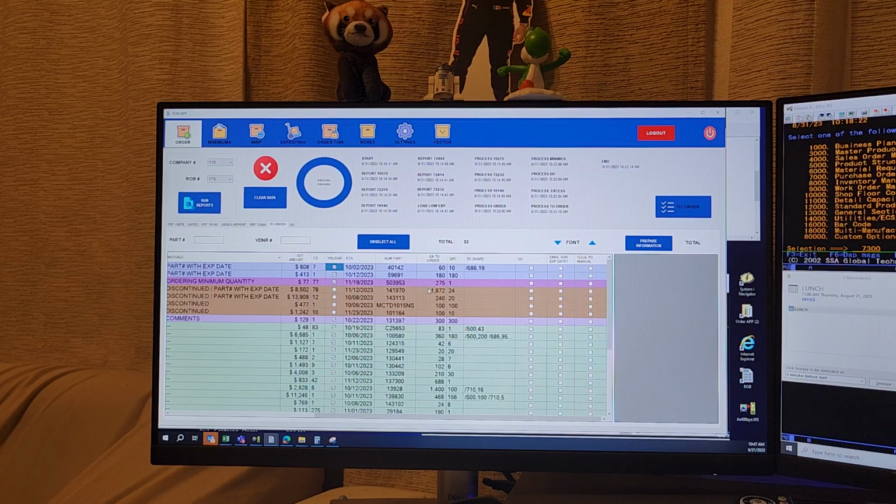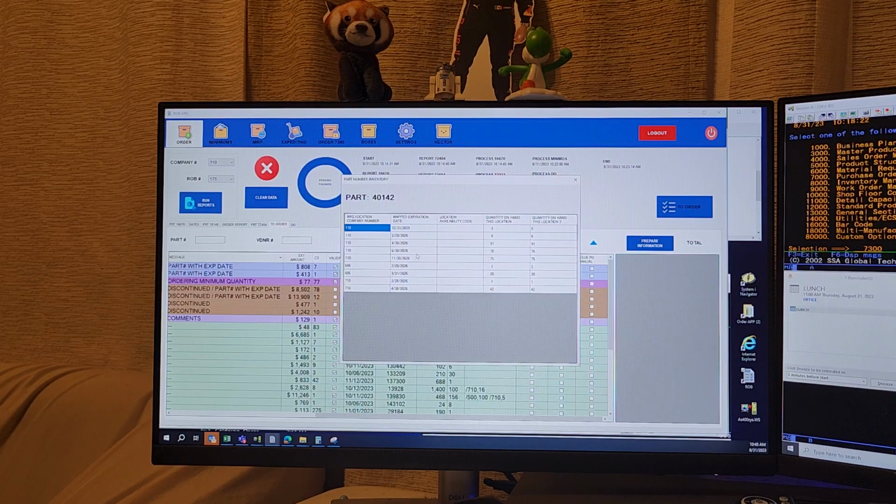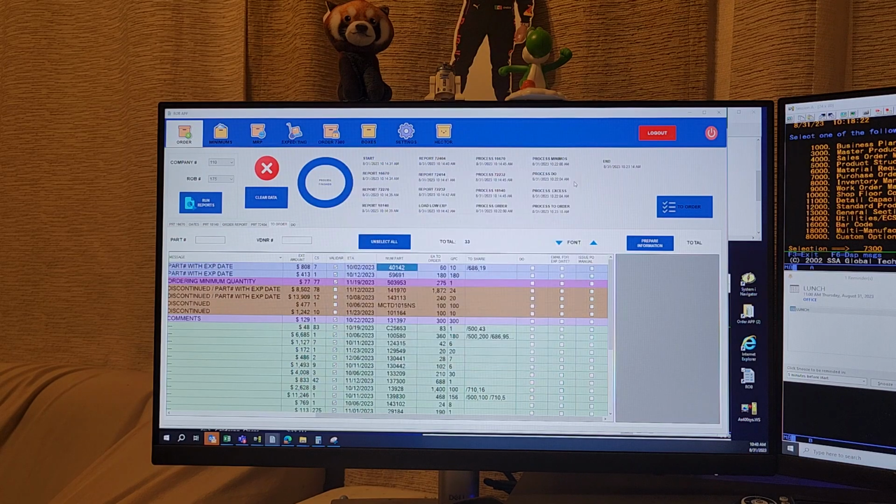Also, for easier analysis, for example, this color is for components with expiration date. If you want to know what is the latest expiration date you have received, you just click on the part number, double click, and this screen will show you the expiration date you have received lately, and also you can see that all of them are in locations. So for this case is 2026. So we order, we keep the check mark on the checkbox,